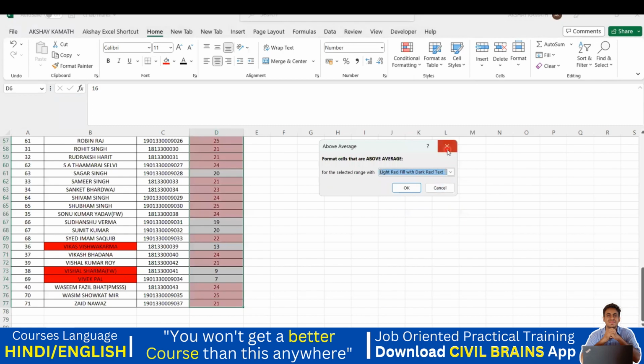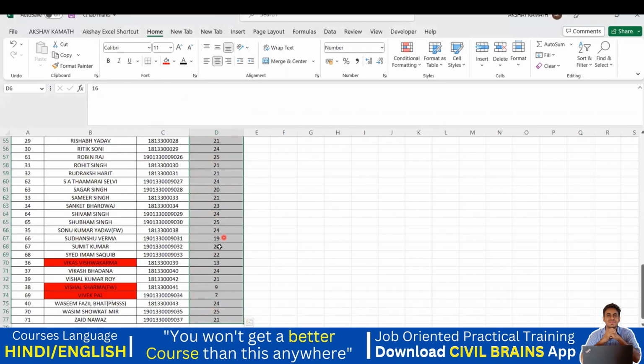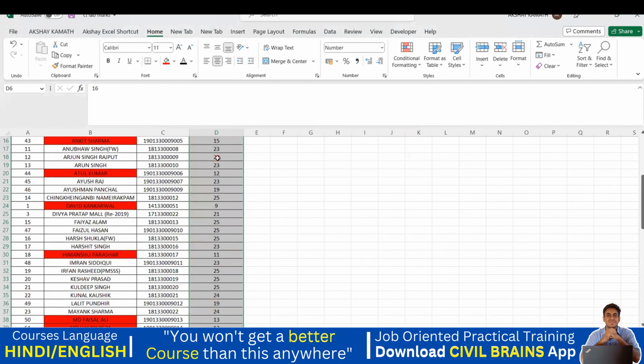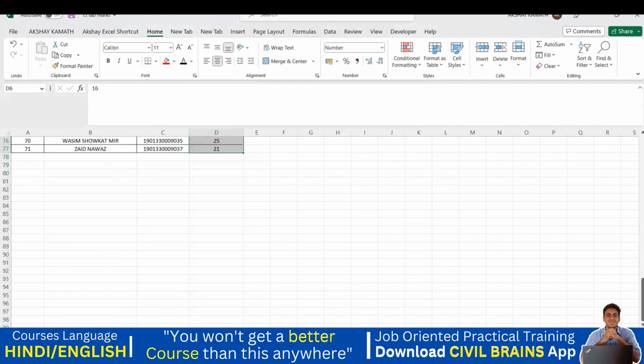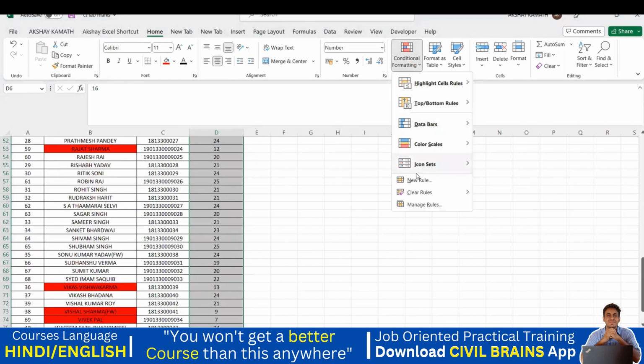So what it will do here, see, I've selected all these columns. When I've selected all these columns, you can see something here. In all the columns I've selected, all the students' marks, the average marks will be 20 here. So average is 20. Now I'll tell Excel conditional formatting, and I'll say,